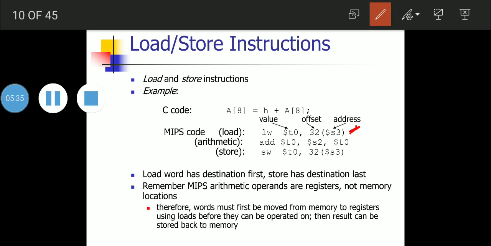If we want to represent a memory space, we need to provide the offset as well as the starting address of the array. The starting address of the array will be in a register. We need to specify the offset along with this register address. This constant is called the offset, and the register holding the starting address of the array is called the base register. So with 32 of $S3, we have fetched the data,